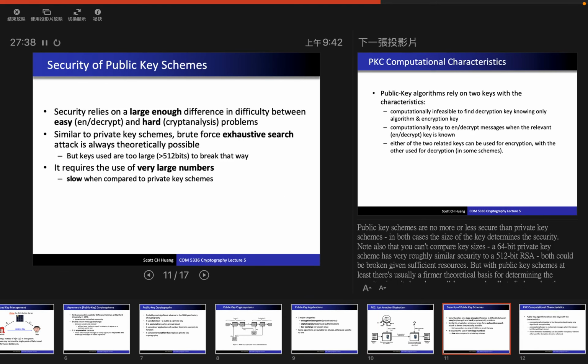Okay, and the security relies on a huge difference between encryption and decryption. For encryption you need less information, but for decryption you need a lot more information. And in that information, their relationship is hard. Usually there's a large difference in difficulty between an easy operation and a hard operation. The easy operation is if you possess some secret key, then the operation is easy. If you don't,